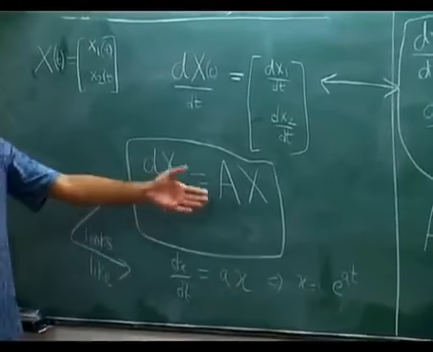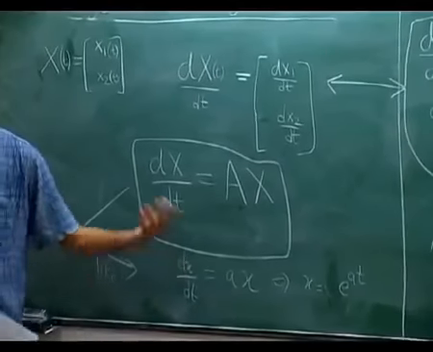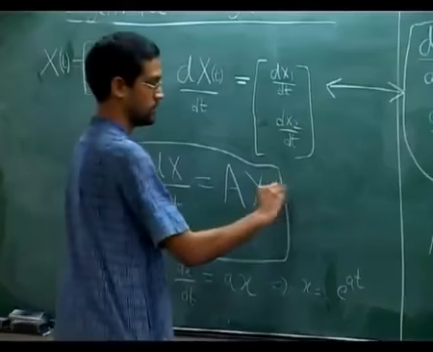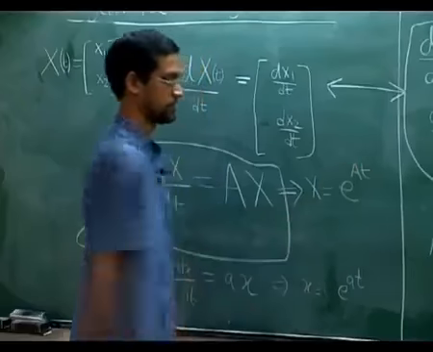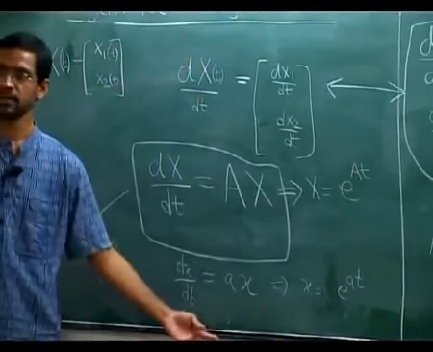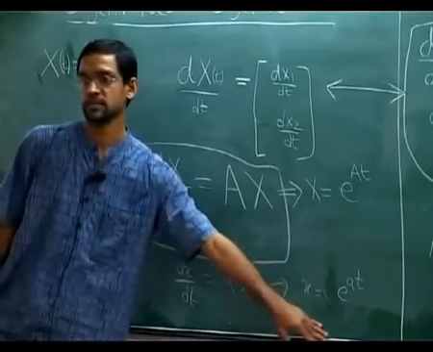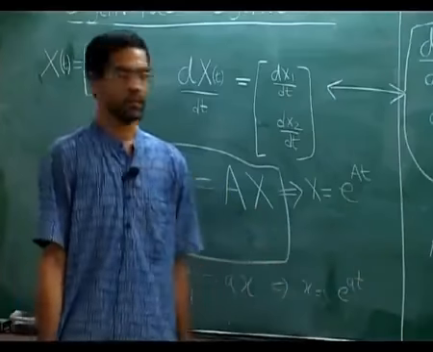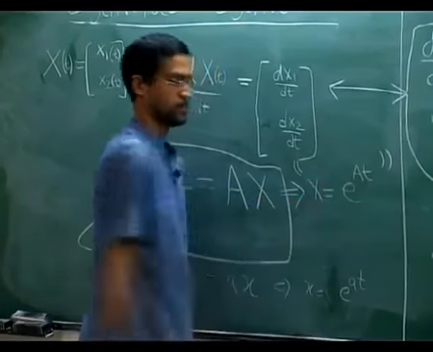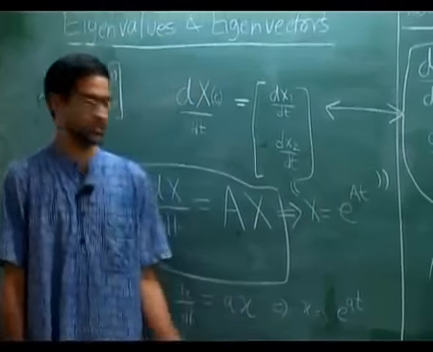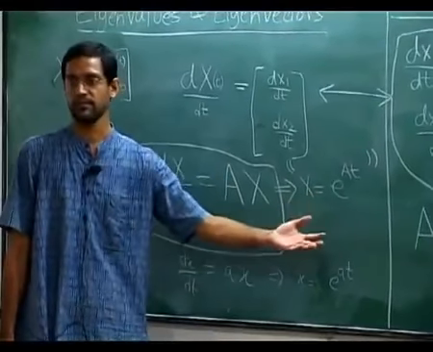Now if you have a matrix, the question is, can I just use the same thing? Can I say, for example, that this is e to the At? Here a is a number and I am talking about e to the at, the exponential function. So here I'll put this within quotes. This is what I would like to say, x is e to the At, because the form of the equation looks very similar. This would of course be the best thing to have.